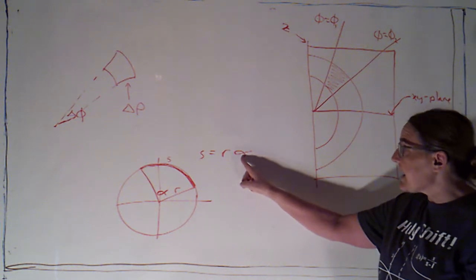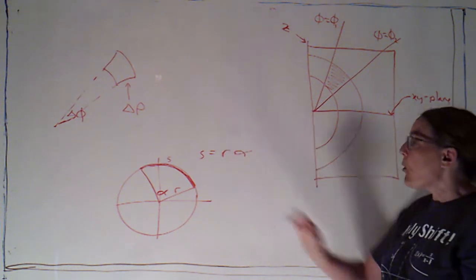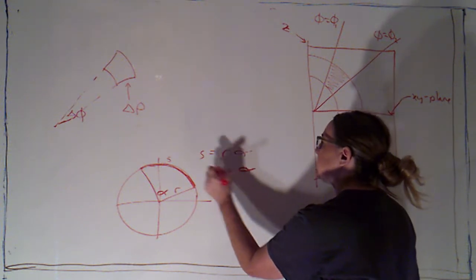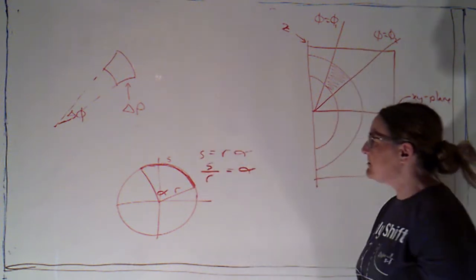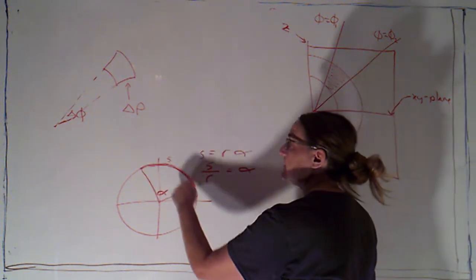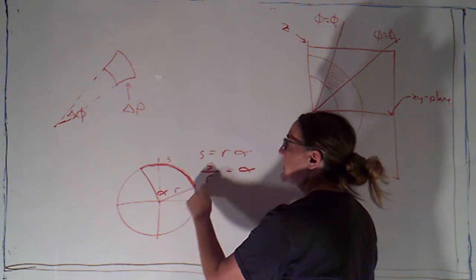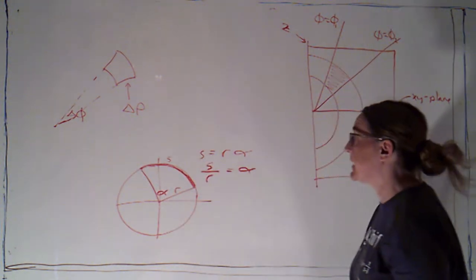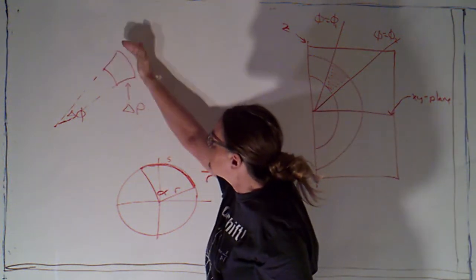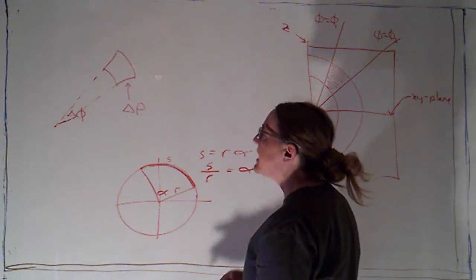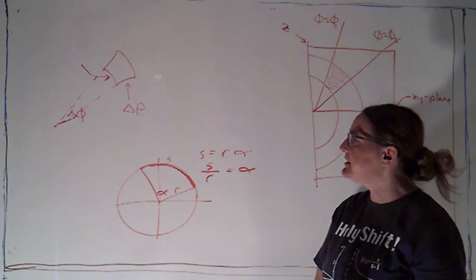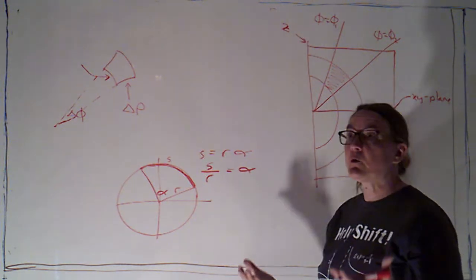It's just the angle times the radius. Why is that? Well, if we think about what the angle in radians means, the definition of radian measure is that it's the ratio of the signed arc length that gets swept out by the angle and the radius of the circle. Okay. So I can approximate these sides here, which are curved, by saying that's going to be about just that angle, delta phi, times the radius.